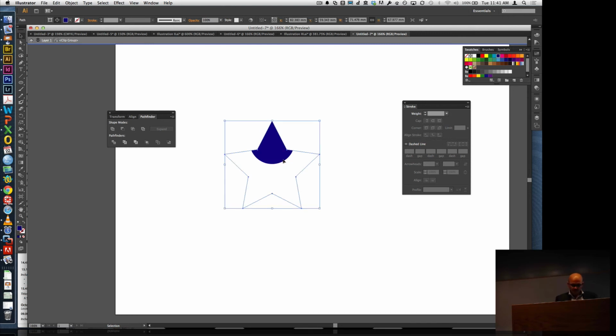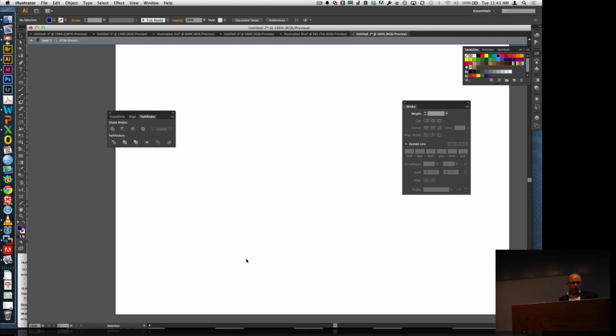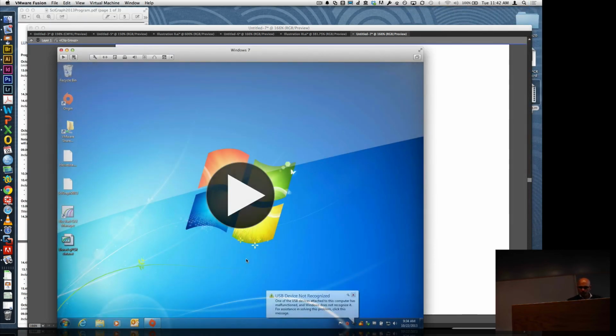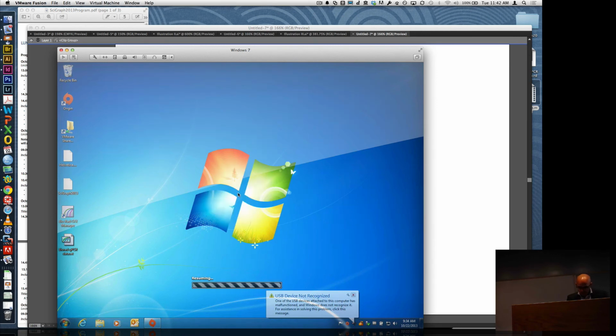So for this example, I wanted to bring in a couple of examples. So one is a place where you have vector-based data, but you would think that maybe this data can only be exported as pixel-based graphics. And so in this case, I'll show you an example that would be in Windows. So this is just to show you a universal